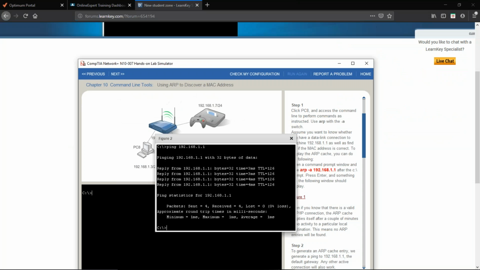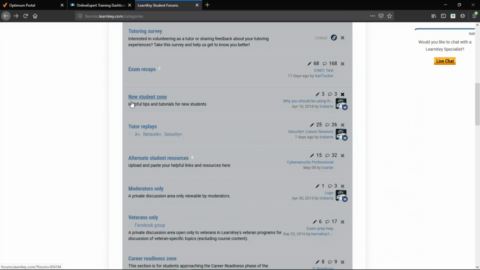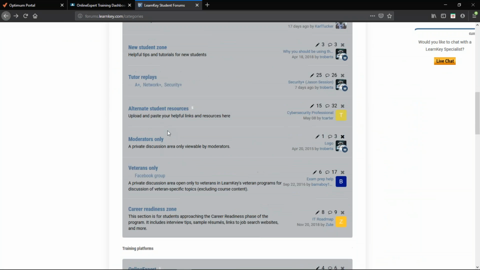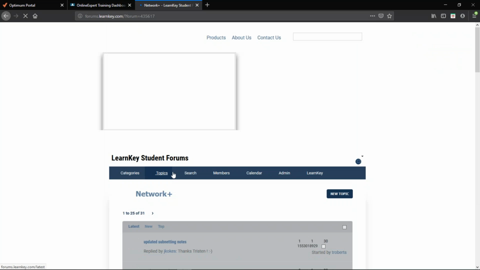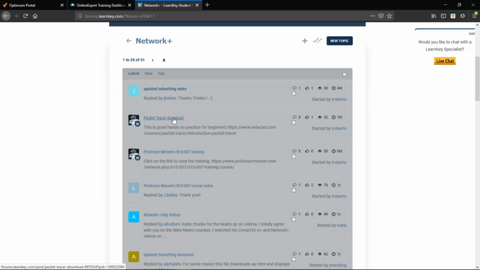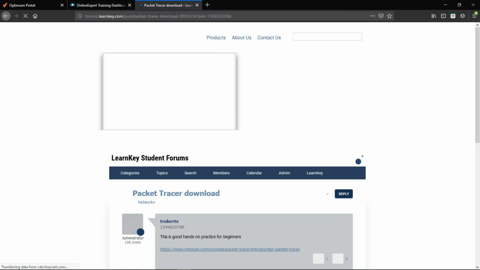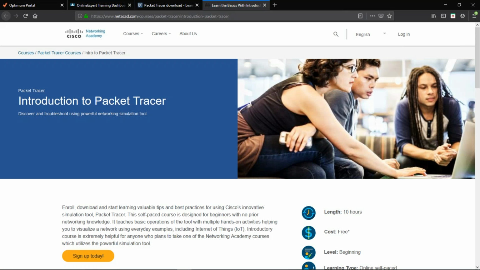Next one that I'm going to show you is a really good tool. There's actually a link to it here in the forum, so I'll use the link to go to it under the Network Plus section. You come down and you'll see this Packet Tracer download. Now this is a free download, and this is more of a Cisco tool. So this is a little bit more advanced